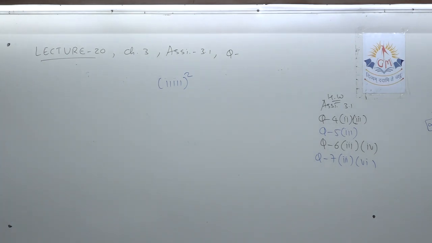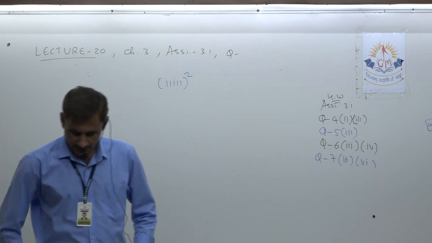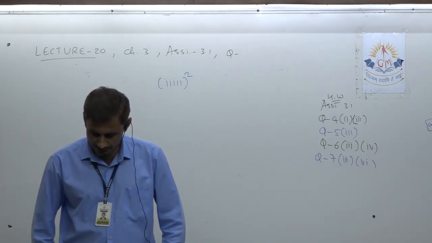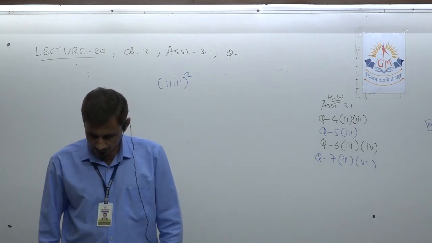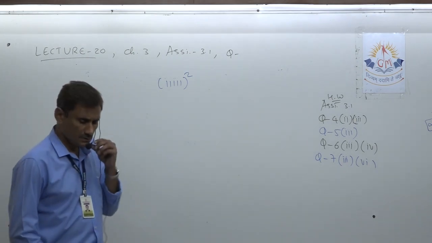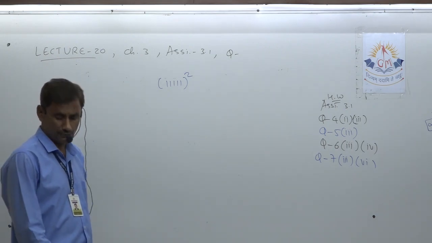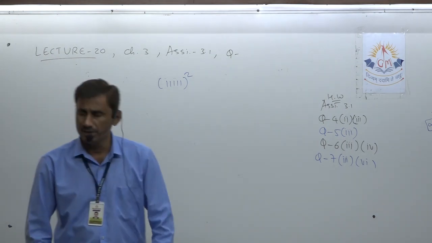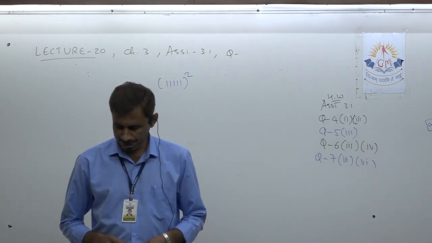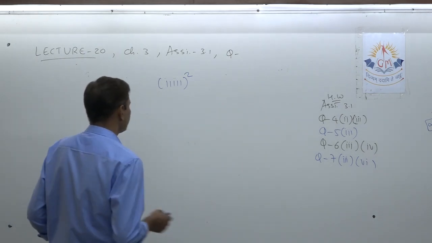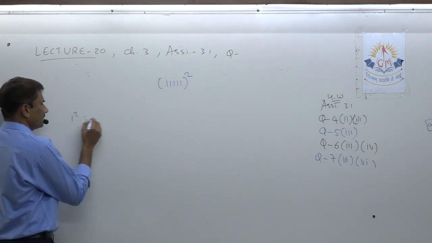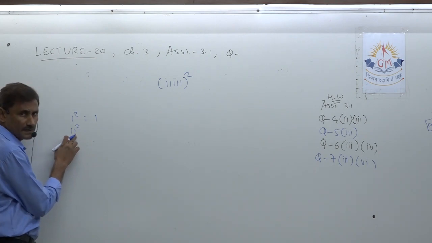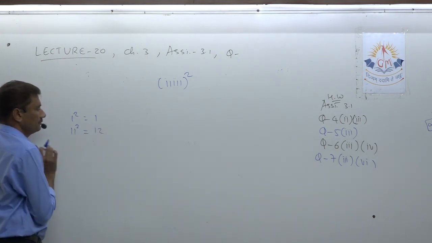Now look at number 2. Pattern number 2. 1 square is 1, then 11 square is 121, then 111 square is 12321, then 1111 square is 1234321. Okay, so how do you get to know what to do here? What type of pattern did you understand here? So look, I am telling you. 1 square is 1 only, 11 square. So how many digits? 2. So write down 1, 2. Do not go ahead,